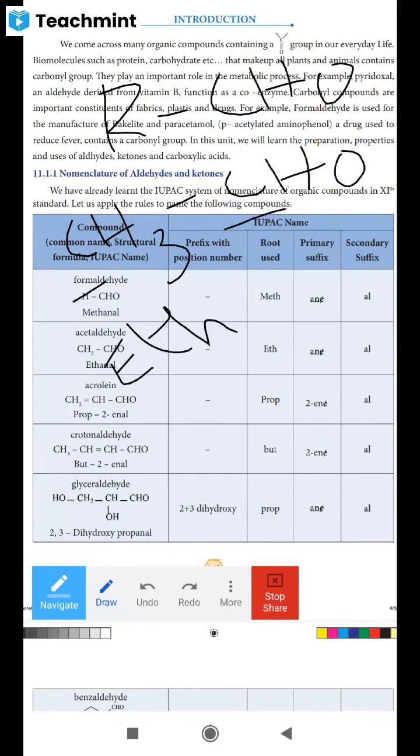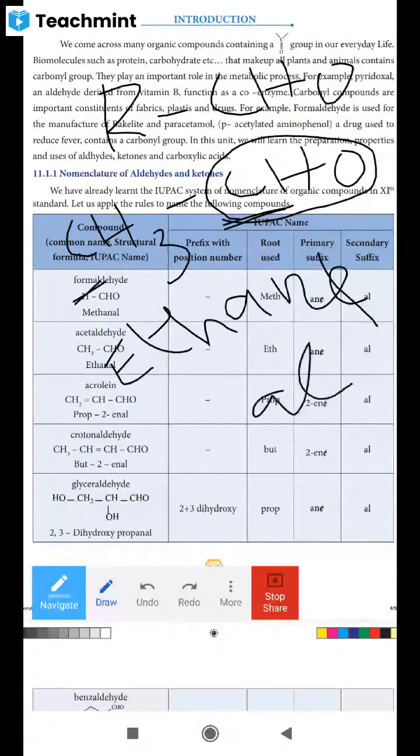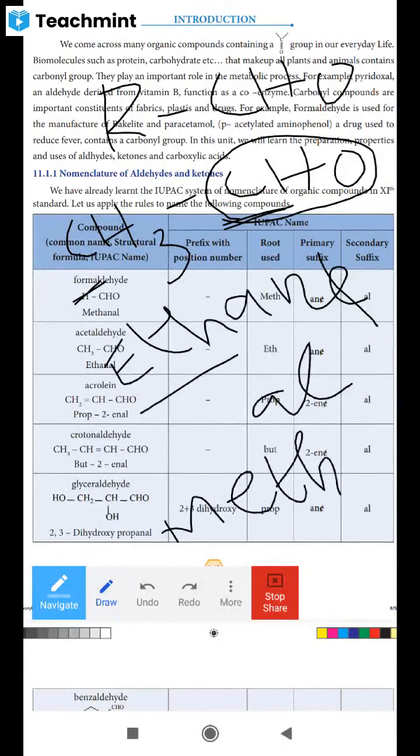And then what alkane is present? Ethane is present, two carbon alkane. Here aldehyde is the functional group, so you have to strike out E and then add Al. The IUPAC name is ethanal. Starting itself you are getting eth, so meth does not come here. Meth should contain one carbon.